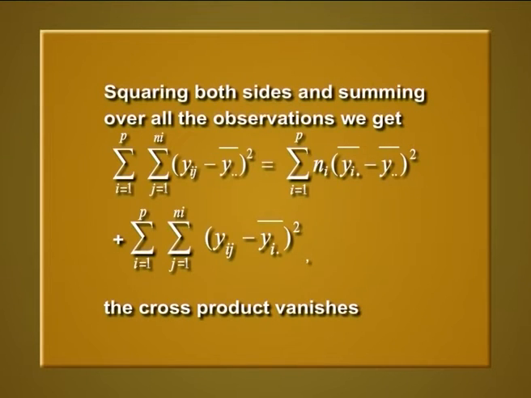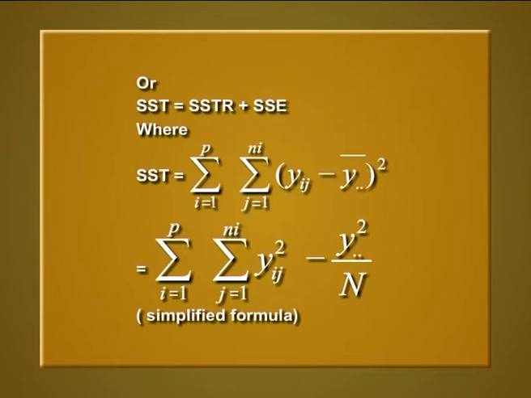Squaring both sides and summing over all the observations, we write the above equation as double summation i equals 1 to p, j equals 1 to n_i, y_ij minus y bar dot dot whole square, as summation i equals 1 to p n_i into y bar i dot minus y bar dot dot whole square plus double summation i equals 1 to p, j equals 1 to n_i, y_ij minus y bar i dot whole square, and the cross product vanishes. Or we can write SST equals SSTR plus SSE, where we define SST